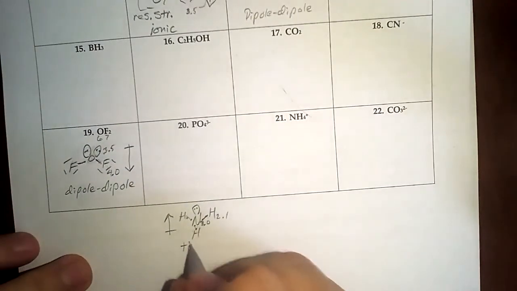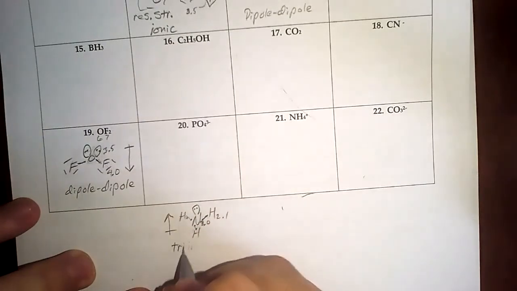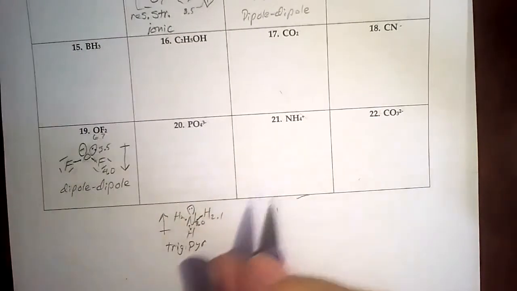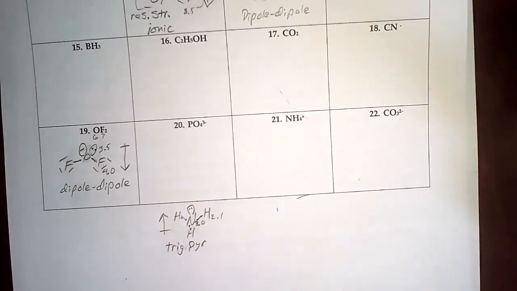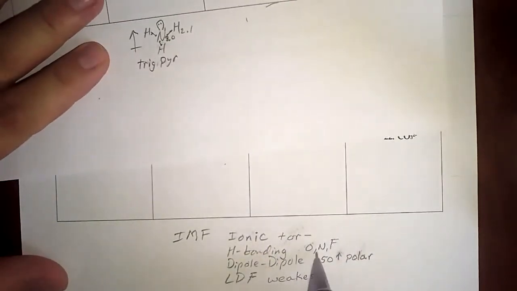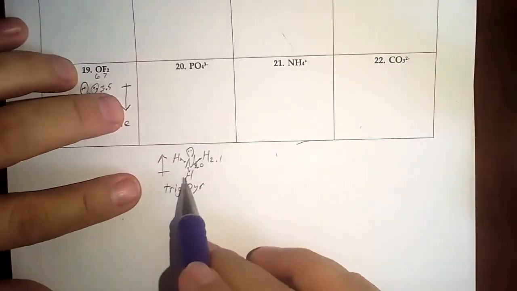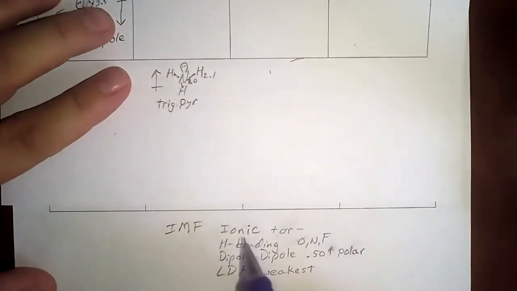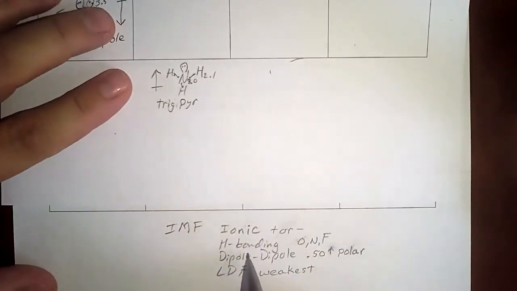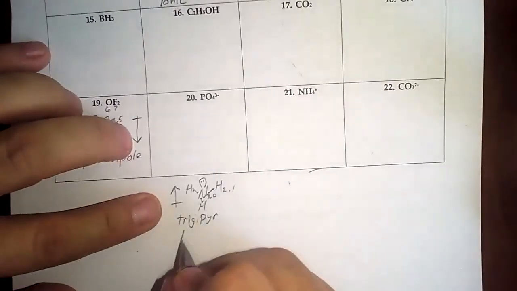And as a matter of fact, I've been forgetting the shape names, so it's trigonal pyramidal. And what about its IMF? Is it charged overall? No. Is it hydrogen bonding? Yes, it is. It is really tempting to say, oh, look, it's polar, therefore dipole. Go through the list. Is it ionic? No. Is it hydrogen bonding, which is H on N or O or F? Yes, it is. It's H bonded to N. So the real answer is the strongest bond